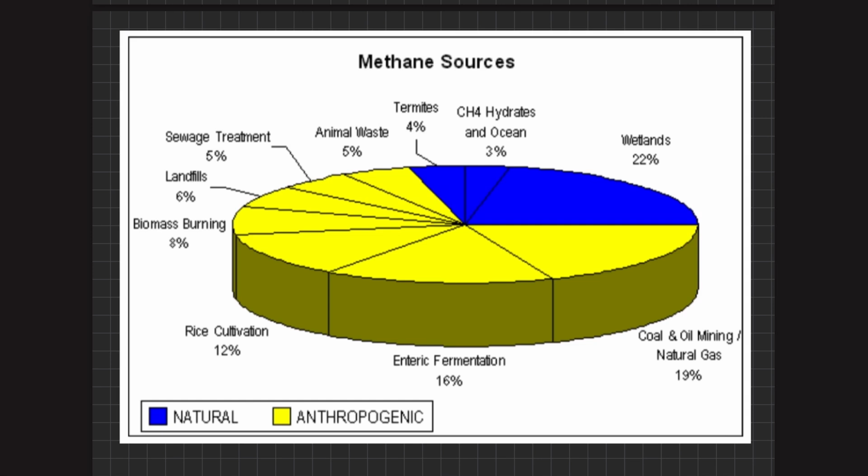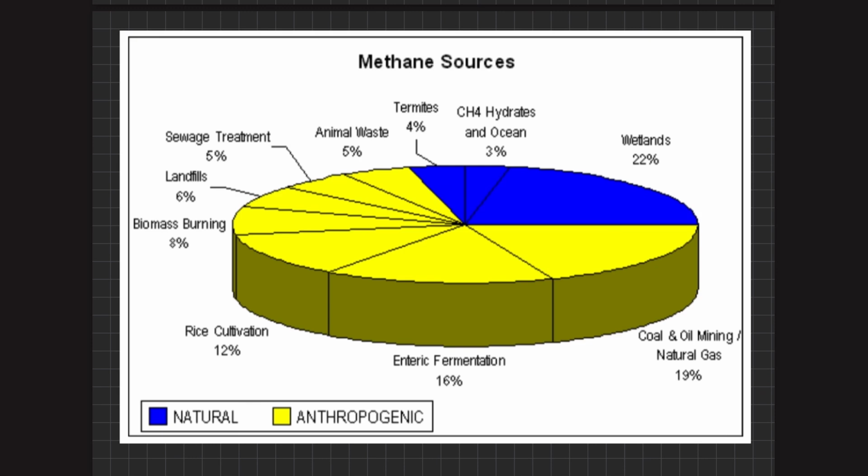So in the form of ocean methane hydrates, it is present in 3%. In the form of termites, it is present in a concentration of 4%, whereas in wetlands and waterlogged areas it is present in 22%. Whereas by anthropogenic emissions